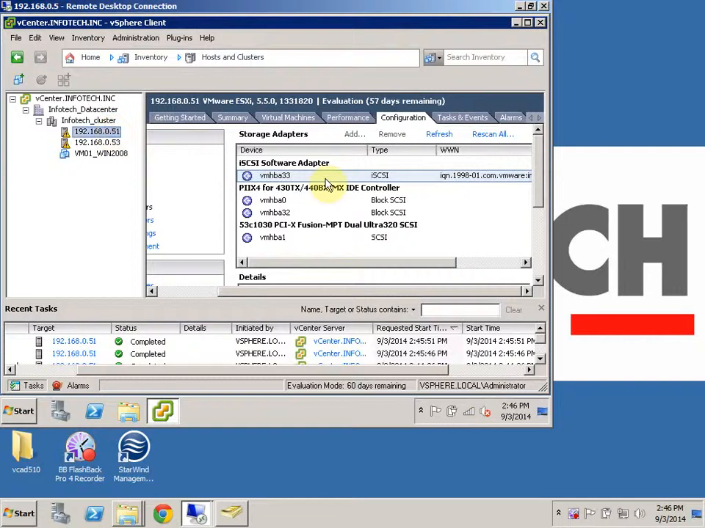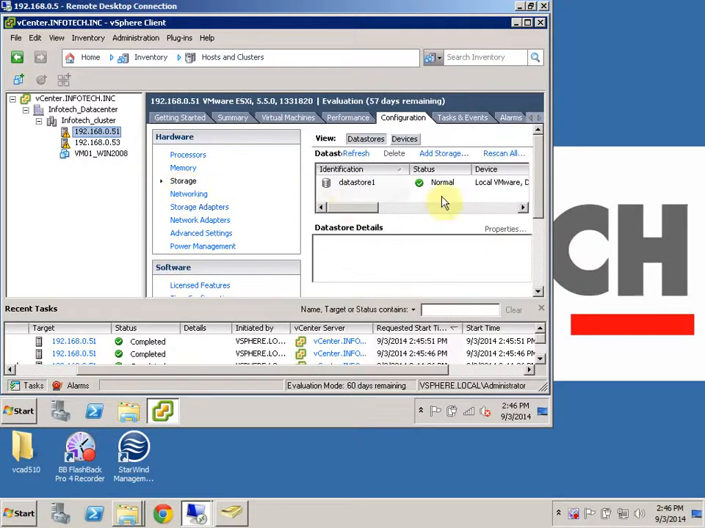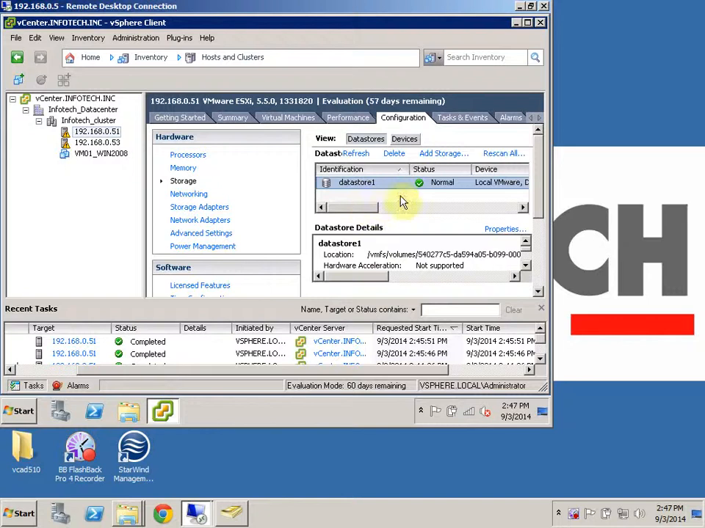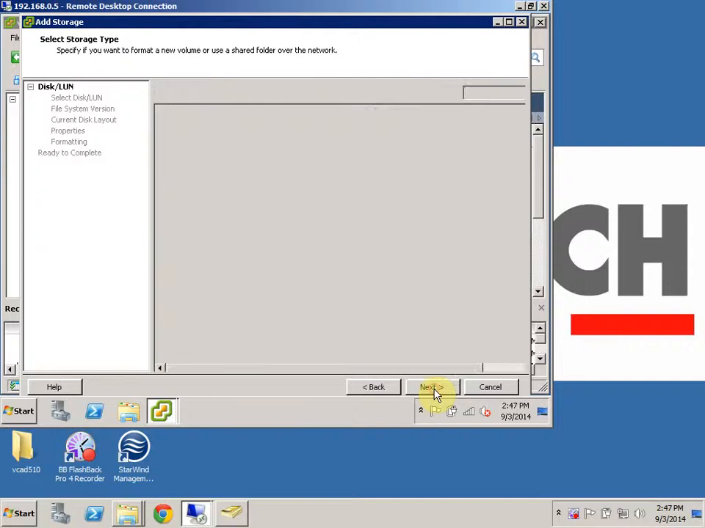Now I wanna initialize. So if I want to initialize with my storage, then I have to go to the storage option. In here still is nothing. I have my default one. So if I want to add, then I have to click on add storage, then disk/LUN, that means logical unit number. It can be fiber channel, iSCSI, or local SCSI disk. So I select this one because I'm going to add a SAN storage. Next,